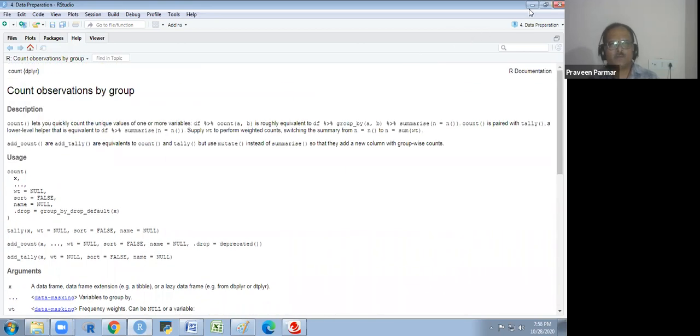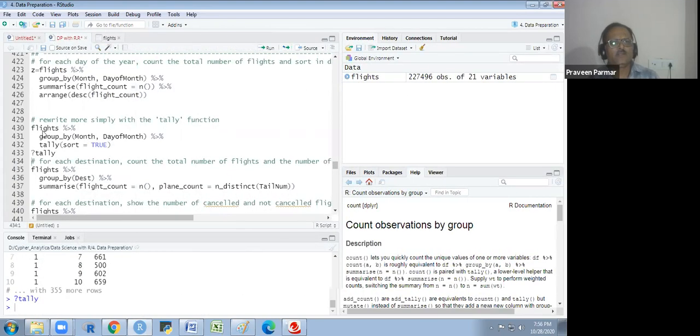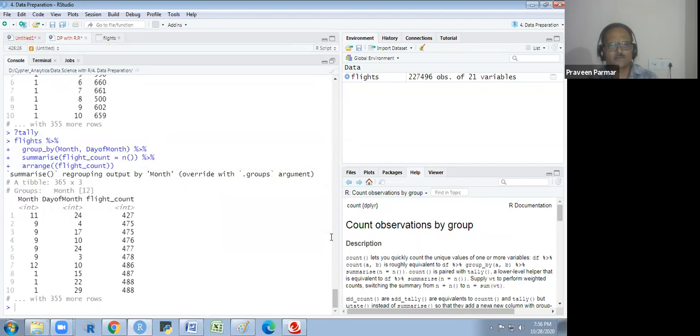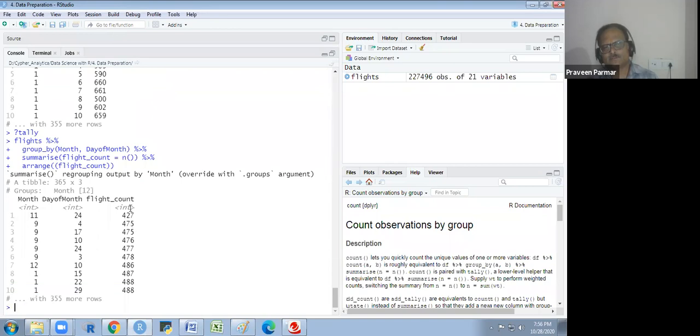At that moment, what you have to do, you will not use tally. You will use this concept. You remove the descending. If I remove this descending and I run this, it is the ascending order.